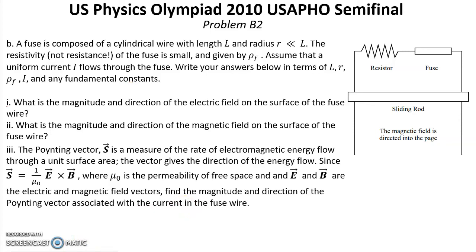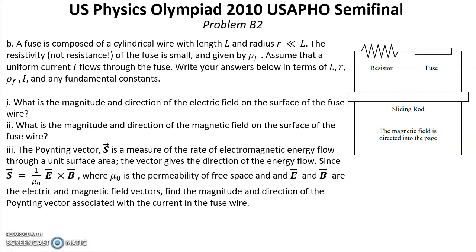First question. What is the magnitude and direction of the electric field on the surface of the fuse wire? Second question. What is the magnitude and direction of the magnetic field on the surface of the fuse wire? Third question. The Poynting vector S is a measure of the rate of electromagnetic energy flow through a unit surface